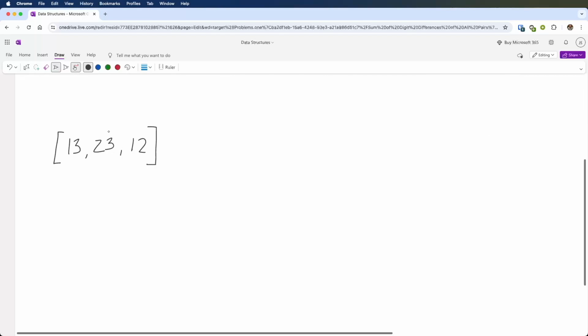So let's look at an example a little bit closer. So we have 13, 23, and 12. We already kind of saw before that one way we might think about doing this is to iterate through each position of these numbers, right? And we're able to do this because our numbers, even though they will be large, up to 10 to the 9, we're iterating not through all the values in this range, but the digits, right? So if we have 10 to the 9, some number of zeros, we're really only going through like 10 digits for each number. So this is something we could actually do, and it won't be that costly in terms